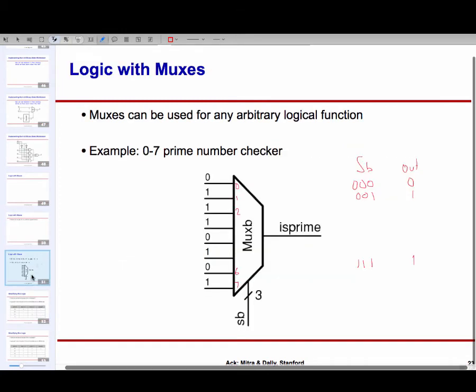Now, of course, the problem with this example was that I needed an 8-input multiplexer. Could I simplify it? Could I implement this using a 4-input multiplexer? The issue here is that I'm only tying the inputs to zeros or ones. Maybe I can be a little bit creative. Some of my input bits I can feed to the select, and some of my input bits I can feed to the sources, and then get away with a smaller multiplexer. So let's see how that can be done.